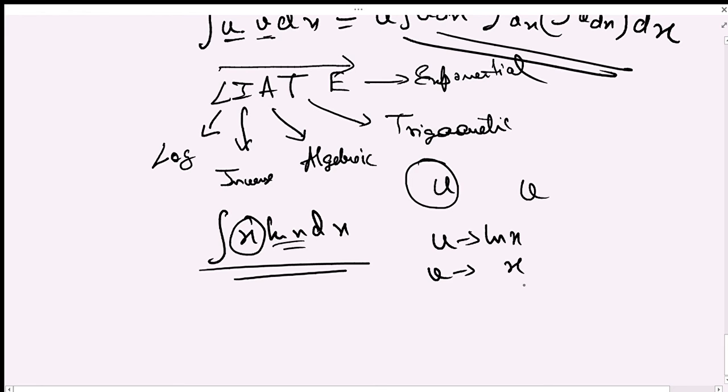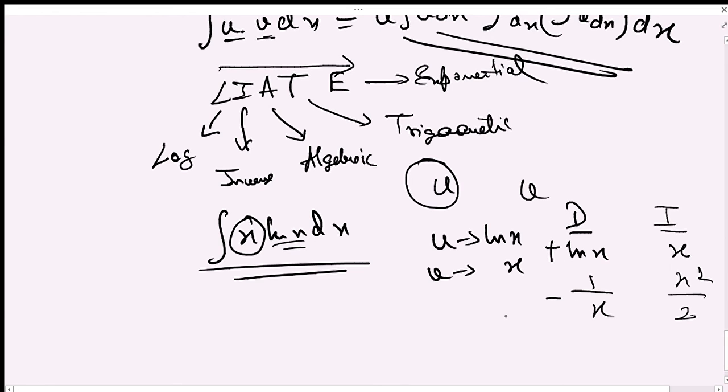Now integration by parts can be solved in a more systematic way rather than memorizing this particular formula, and I will ask you to do the integration by parts using this method. It will be quite easy. Write these two things: D means differentiation and I means integration. Under differentiation, write the u function, that is here ln x. Under integration, write the v function, that is x. Now differentiate D, so this becomes 1 over x, and integrate I, so this becomes x square over 2. Give the signs alternatingly starting with a positive sign, so this is plus, this is minus.